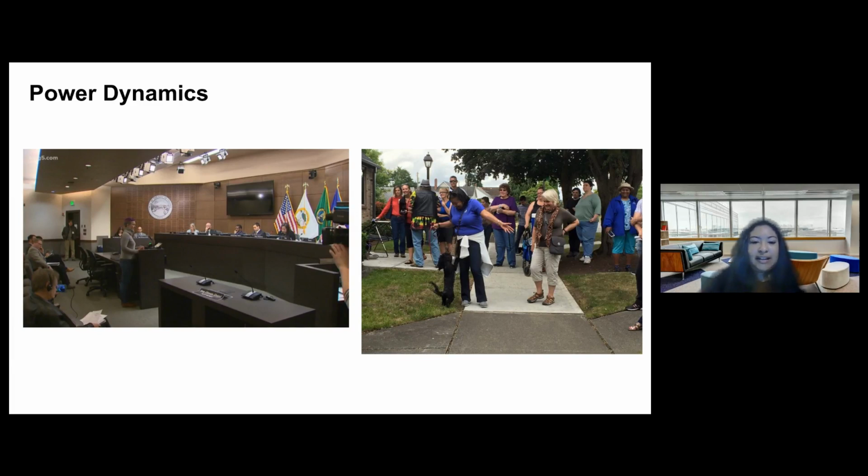So this is just an example of power dynamics. In both pictures, this shows our mayor there with the blue shirt with the little doggy. One where she's at the dais and one where she's just out in the community. And I think if you're always asking people to come to you when you're on the dais, when you're at commission, when you're seated in a space of authority, it's really uncomfortable for people to approach you and to get involved.